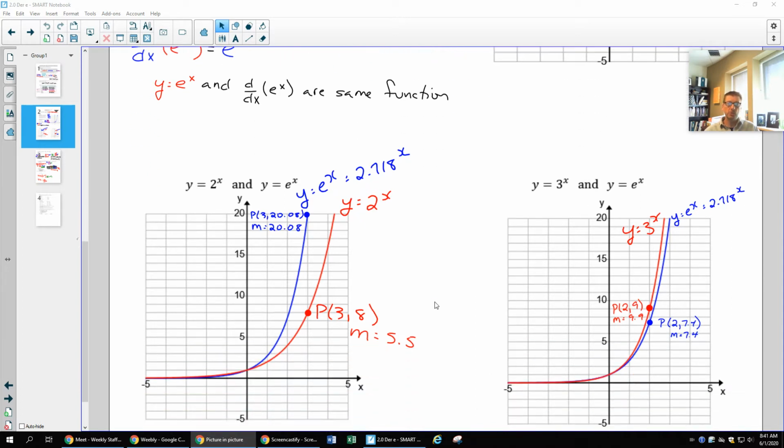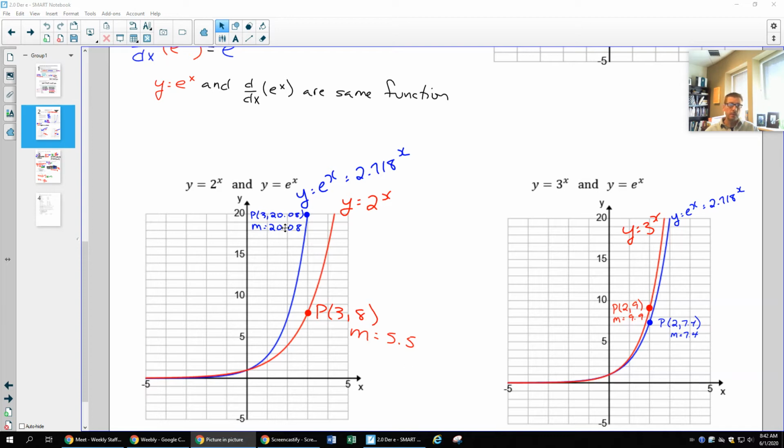And again, if you were to use your calculator, and you said, hey, what's the slope on y equals 2 to the x at 3 and 8? The slope at 3 and 8 is 5.5. It makes sense. This is a less steep curve, right? So the red curve is less steep than the blue curve. So the slope, when your base is less than e, the number is always going to be less than the